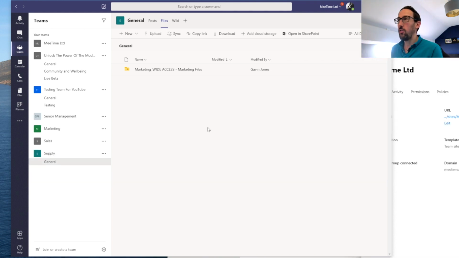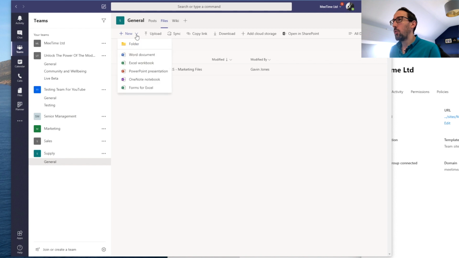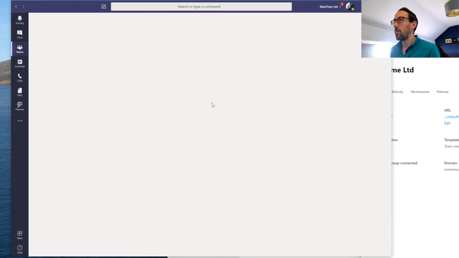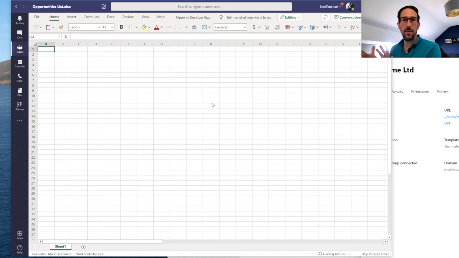Okay, so if we come into the supply team, we're just going to start a new workbook, which might be, I don't know, opportunities list. So we're going to create a new template, and then we're going to replicate that template across another team, and then we're going to get that rolled up into the senior management team where they can add some other confidential information. So if we just pop that out into the desktop app,